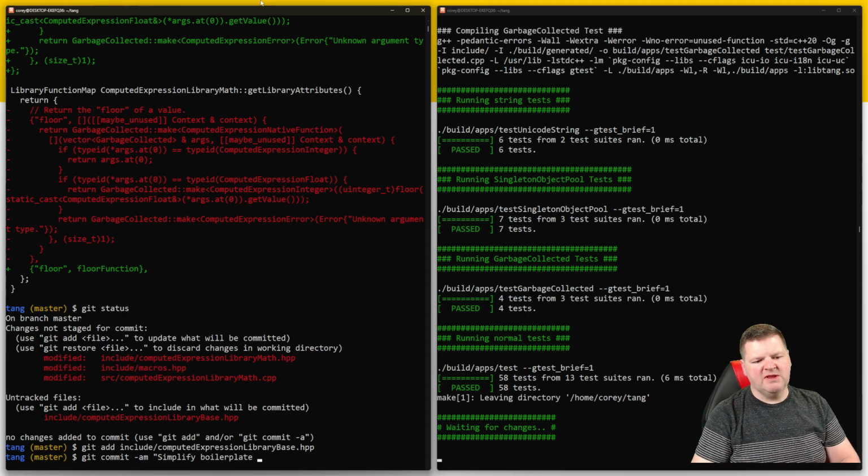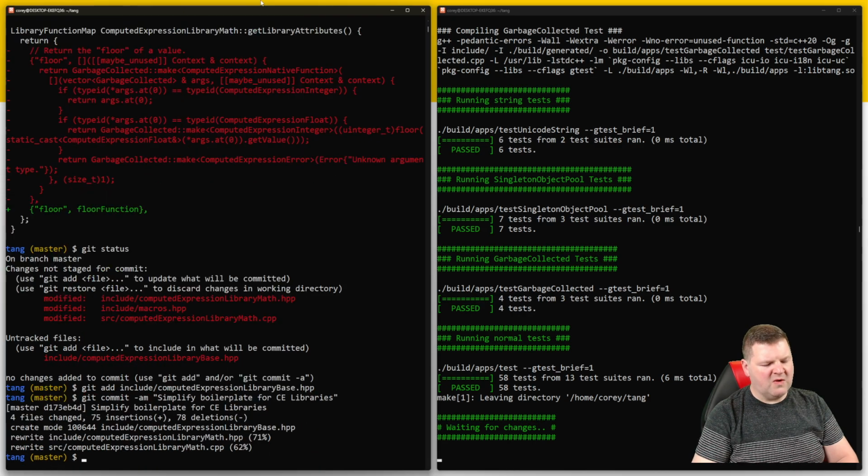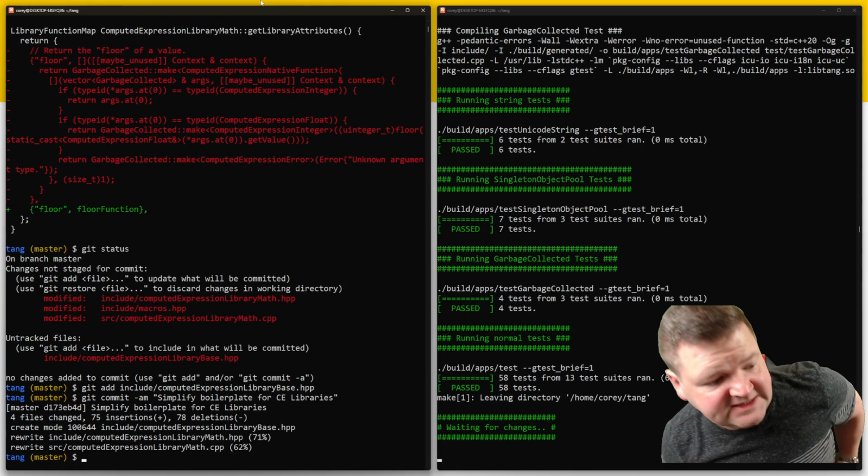Simplify the boilerplate for libraries. All right. Now, let's